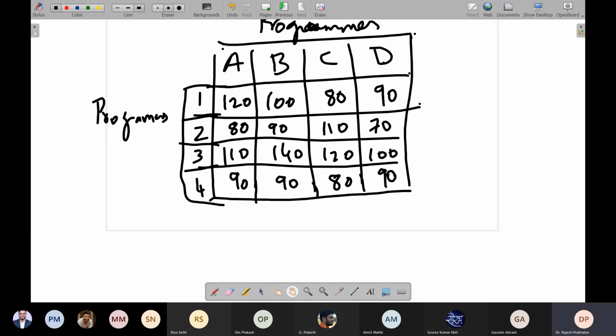So we have to assign the pattern that minimizes the time required to develop the application programs.